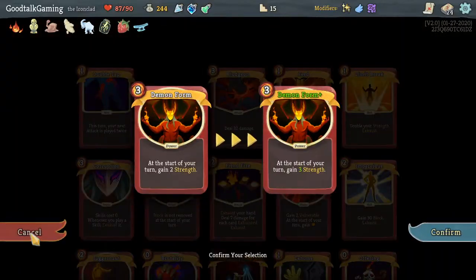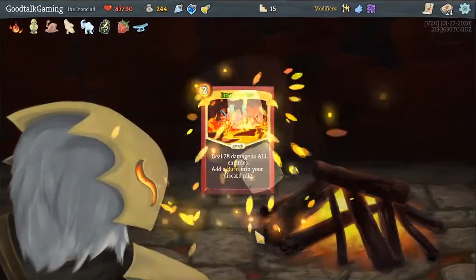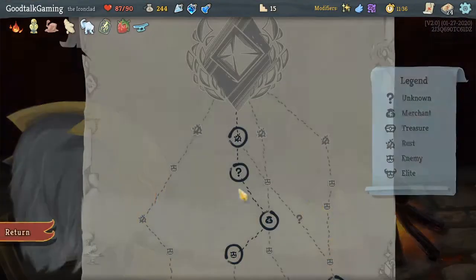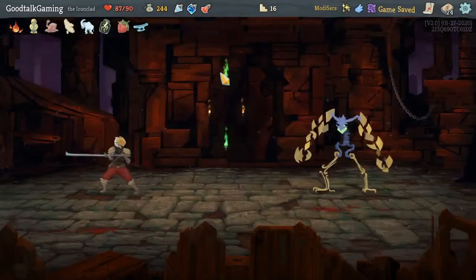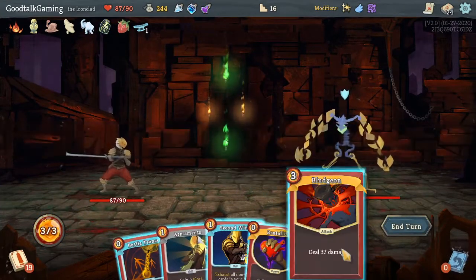I mean, I like Demon Form. It's just too damn expensive. Smith Immolate. It's our workhorse card right now. It does good damage. And we're facing the Guardian. So...